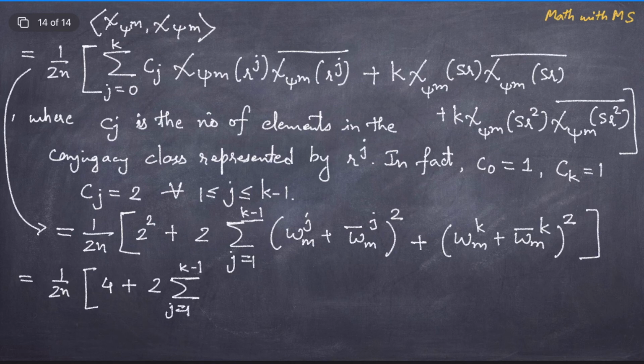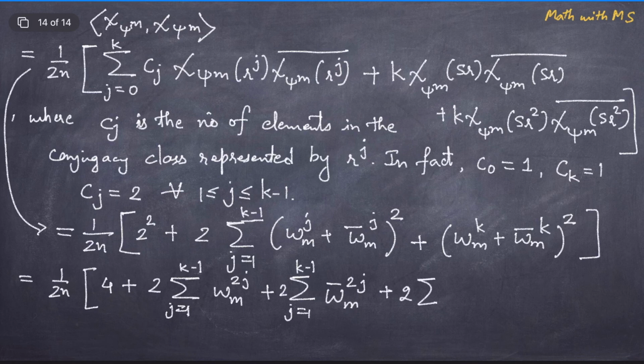Just open up this square: it becomes omega m to the power 2j plus omega m to the power minus 2j plus 2 times of this product, omega m to the power j times omega m to the power j bar, right, but omega m is a root of unity, and so therefore the element multiplied by its bar is the absolute value, which is just 1, so it is plus 2 times summation j from 1 to k minus 1 of 2,